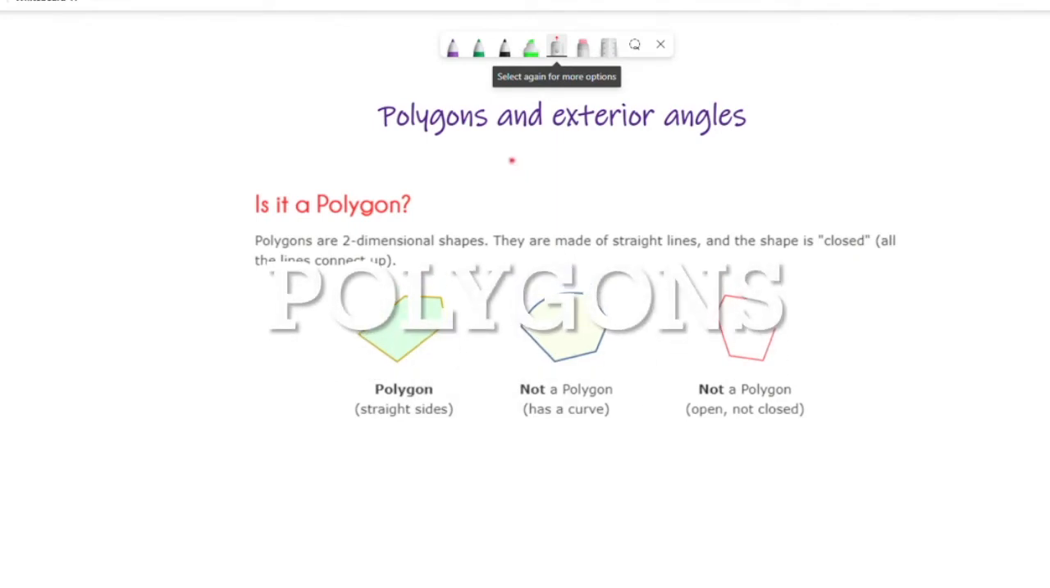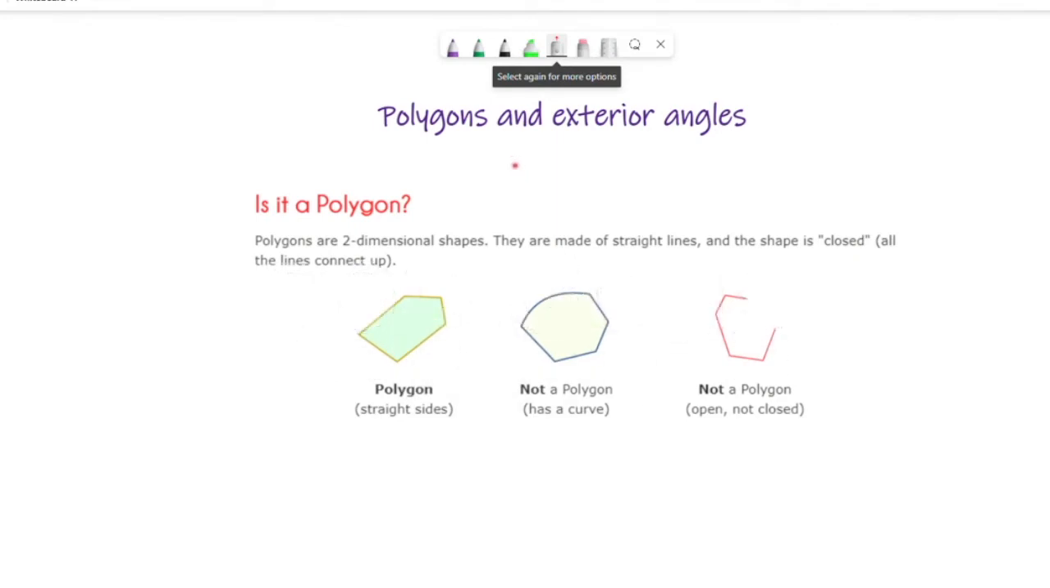This video is about polygons and exterior angles. Before we continue, we all should know about polygons. What are polygons? Polygons are two-dimensional, also known as 2D shapes. They are made of straight lines, and the shape is closed, which means all the lines connect up. As you can see in some examples here, this shape is made up of straight lines, and